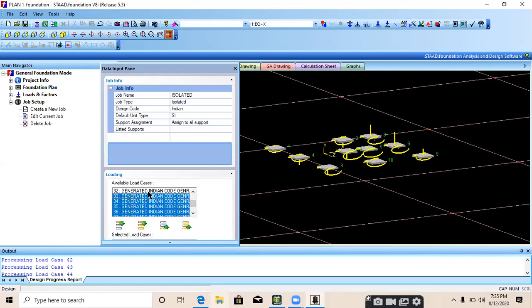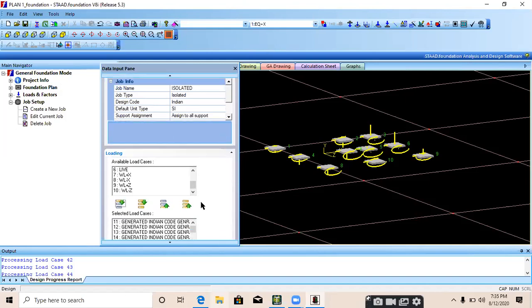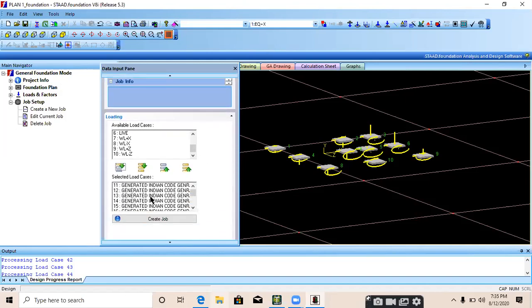Select all the combined load cases and click on the first arrow. So in the top table, there are individual forces, and in the selected load cases, we select only combined load cases, and then click on create job.